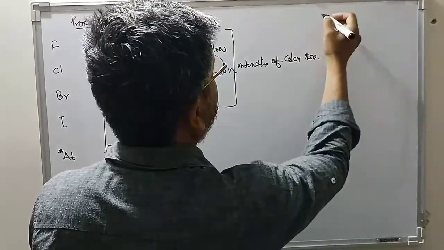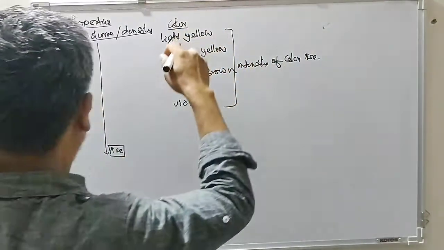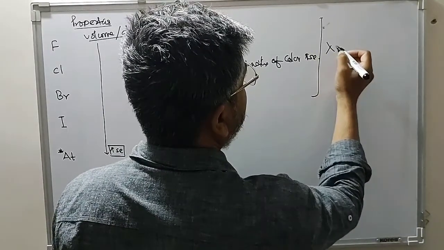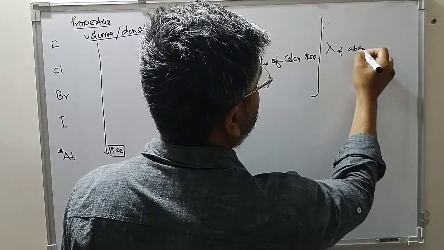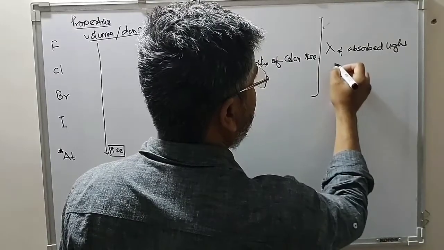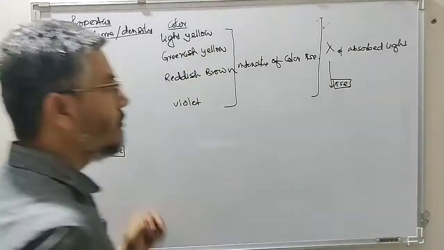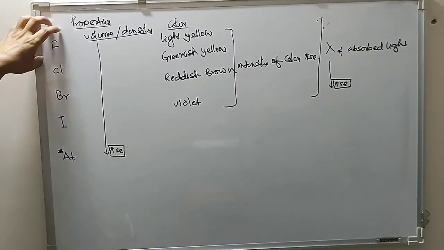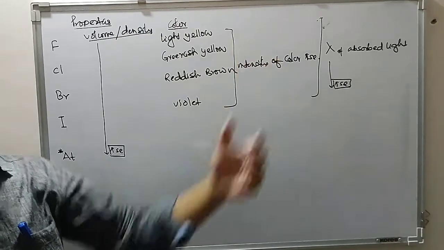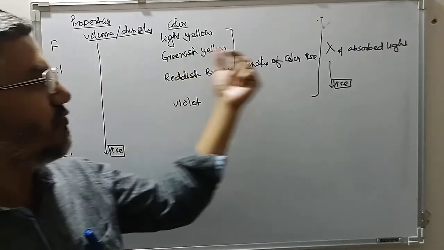So in terms of absorption, moving from fluorine to iodine, wavelength of absorbed light increases. That means fluorine being the smallest requires maximum energy to excite the electrons from ground state to the excited state. So if energy of excitation is maximum in case of fluorine, the wavelength of absorbed light